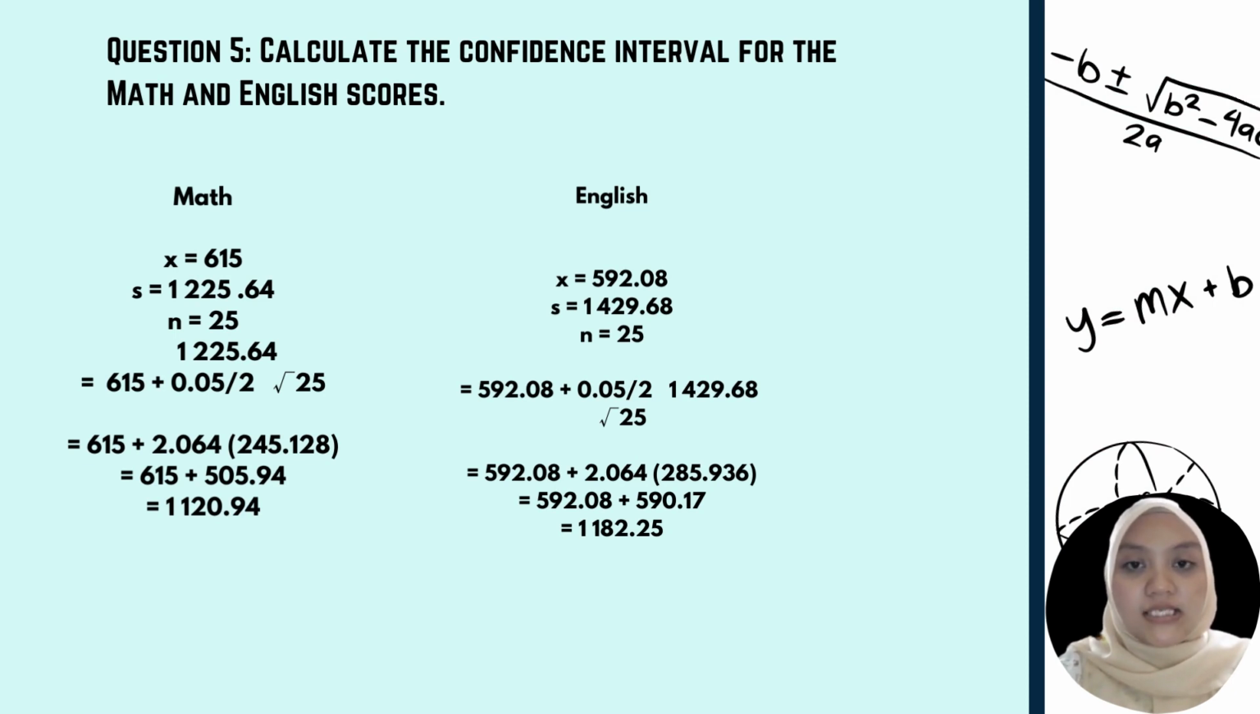So as you can see, this is the confidence interval for math and English score. For math, X is 615, meanwhile S is 1225.64 and N is 25. The amount obtained is